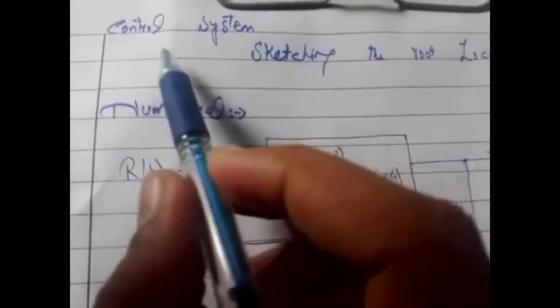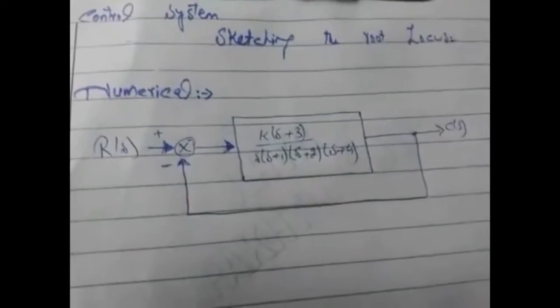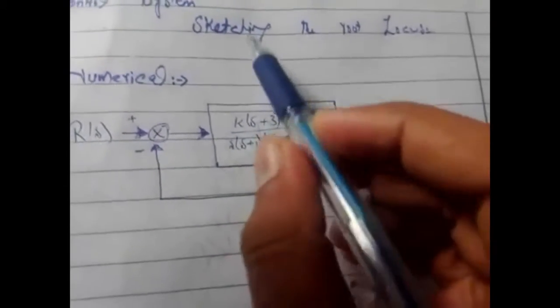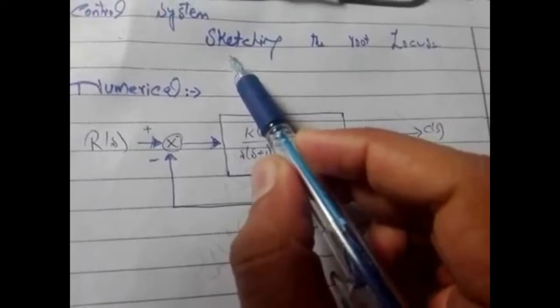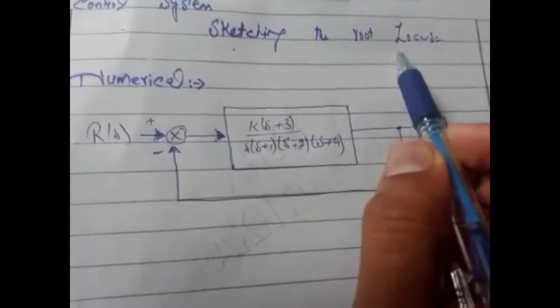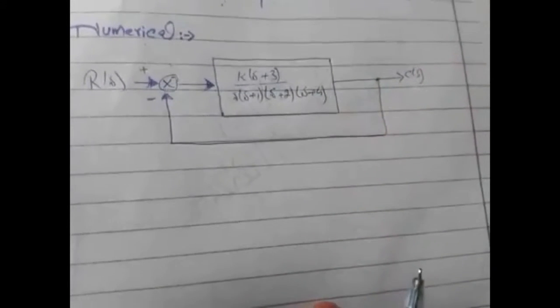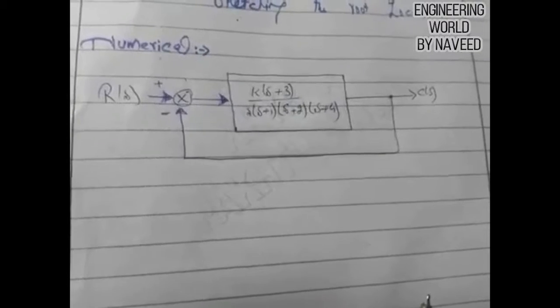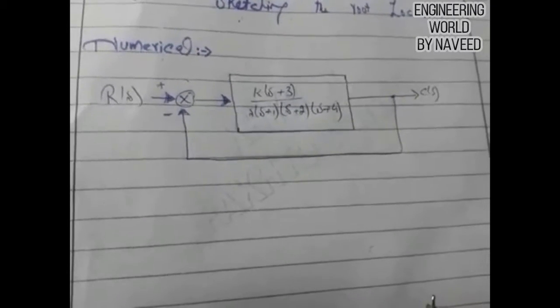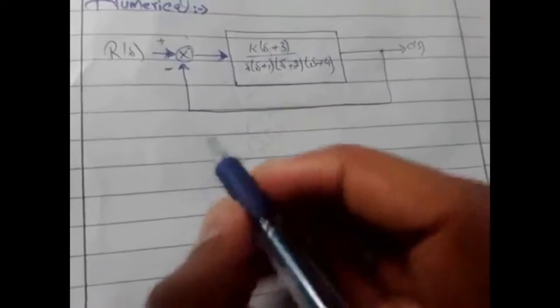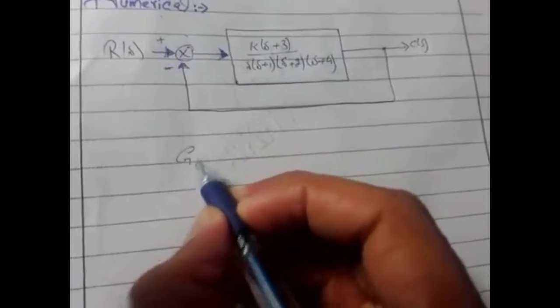And today we discuss another topic of control system, and we solve the numericals of the previous topic which I already discussed, and the name of that topic is sketching the Root-locus. So today we do the numerical relating to sketching the Root-locus, and I already discussed the new technique of sketching the Root-locus, and here we solve this numerical. So we have the G(s)